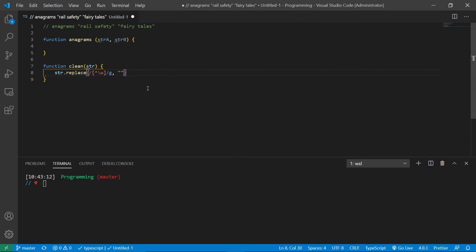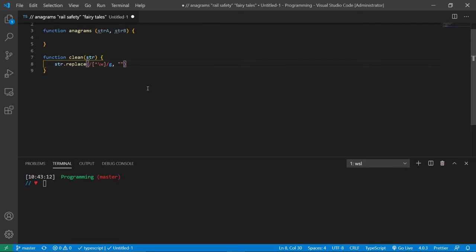Then next, we need to lowercase any letters inside the word that could be capitalized. So let's use the helper function to lowercase. And then next,